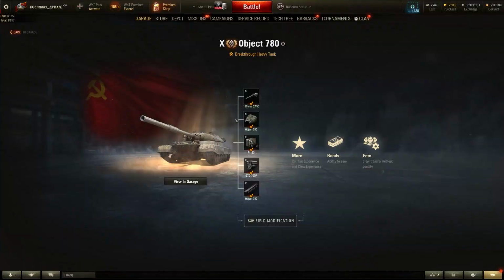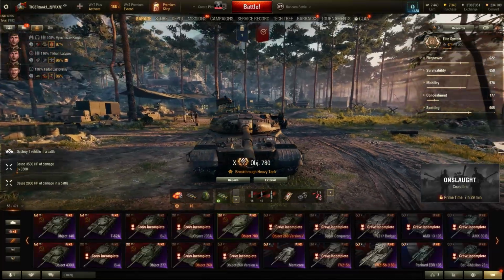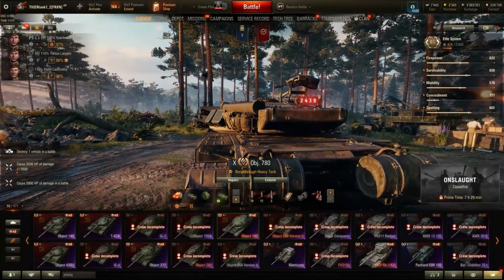We can actually go into the research tab. It does make bonds, it does get more experience, but it does not receive any credit bonuses. This vehicle was released, I think, back in 2022, and it came in either the Caravan event or one of the auctions. I managed to pick myself one of these bad boys up, and you can see I even got a number,